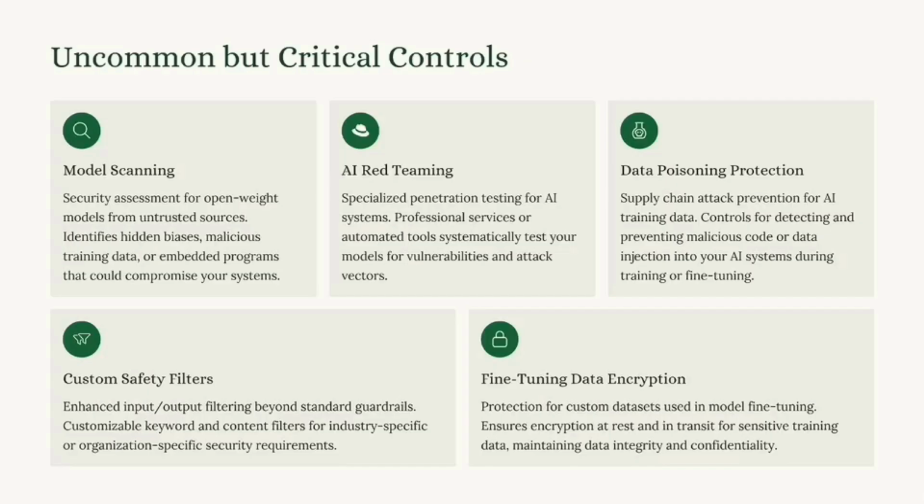Fine-tuning data encryption. A big thing that you can do is take these models and fine-tune them for your particular purpose. But that involves massive data sets. How do you know that that data set hasn't been tampered with? So fine-tuning data encryption is putting encryption around the data that you're using to train the models, to make sure its integrity is intact. These are less common, but they are available, and there are lots of tools that could give you those if you're starting to get into developing your own AIs through Bedrock or things like that.